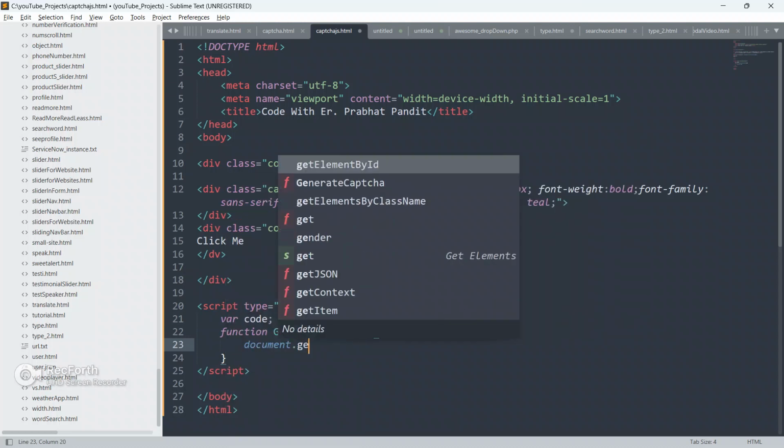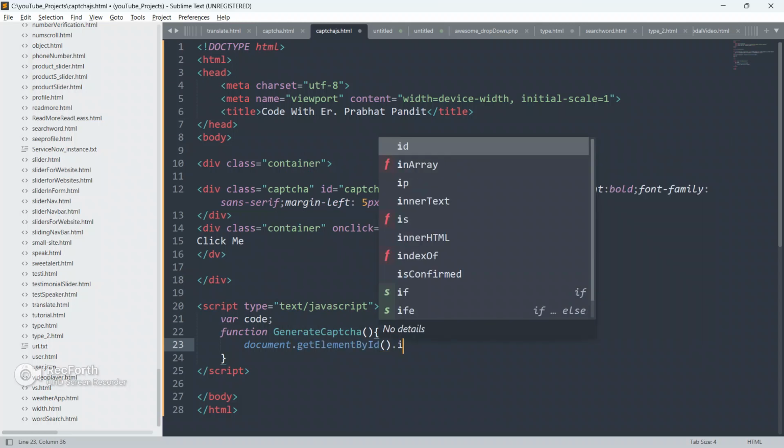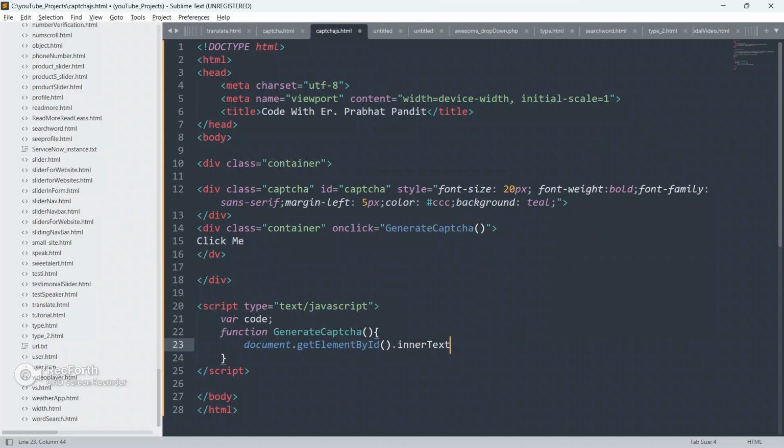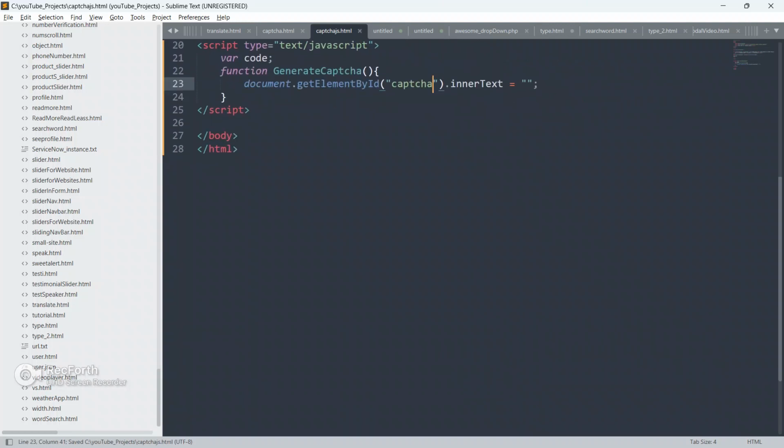First, document.getElementById, .innerText equal to, let it be blank as of now. We are going to take this captcha, grab this captcha and paste it here.